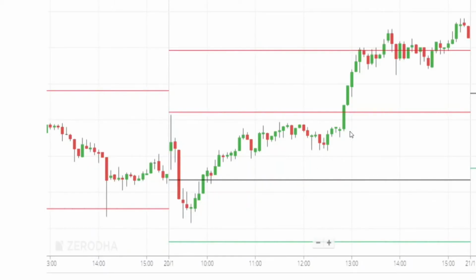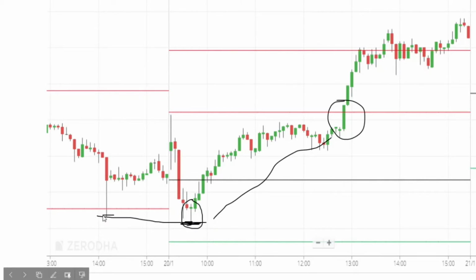Here you can see the same example I gave for the bullish Marubozu. Here you can see price reversed from this point. Here you can see a pin bar, a bullish pin bar. And why did price reverse? Here you can see a previous day low, and the candle made a pin bar at the previous day low and made a wonderful movement. Okay, this is the position. This is the previous day low, and at the previous day low a pin bar has happened.